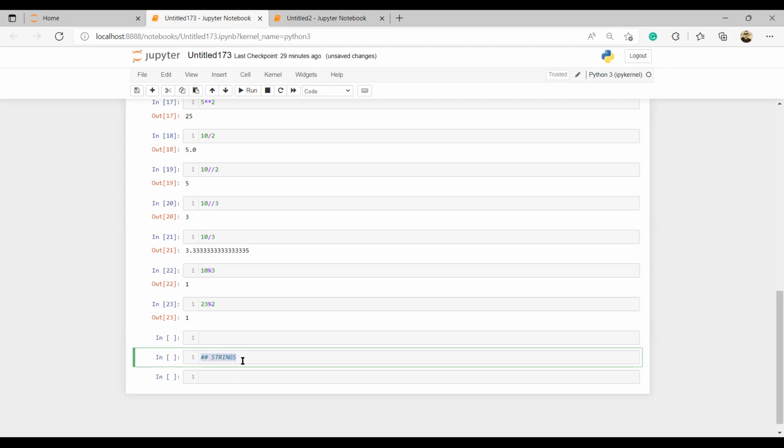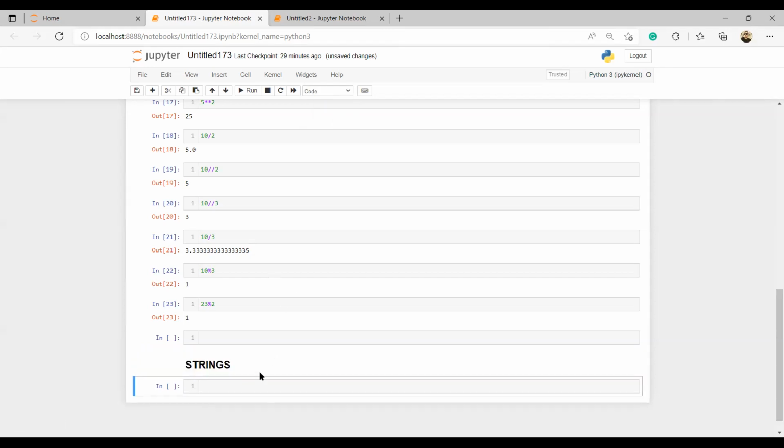Now you see this color shows that this is a comment, isn't it? So I will switch it to Markdown. Can you see that? Then I will run it. It will now come out. Clear? Yes, I'll try it. Thank you.